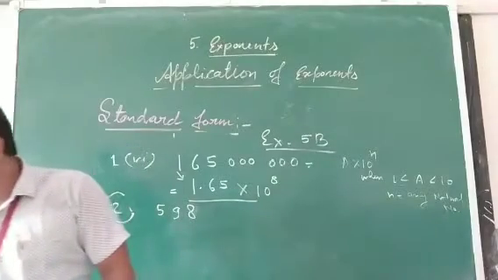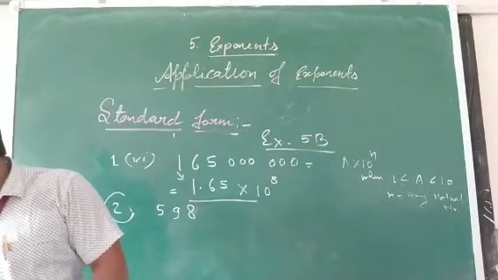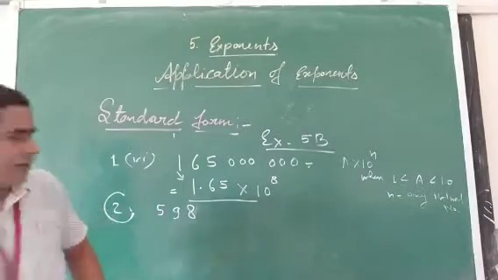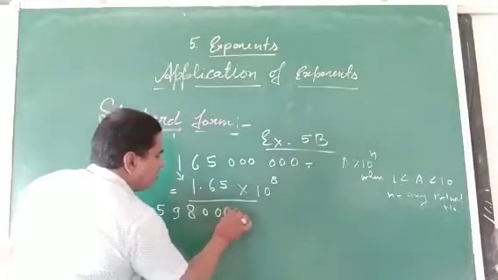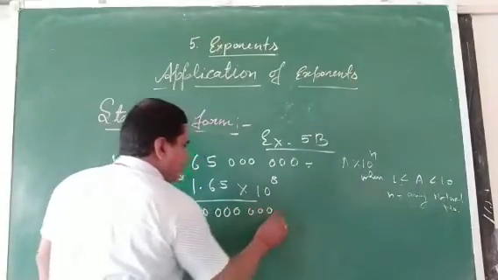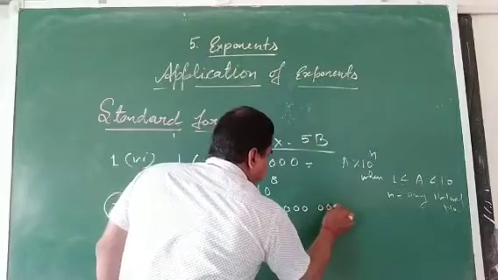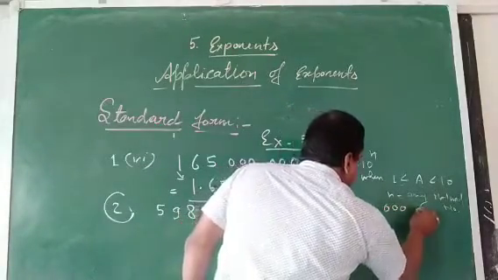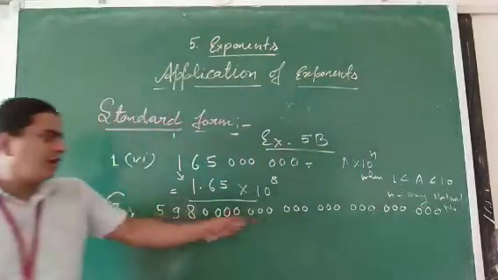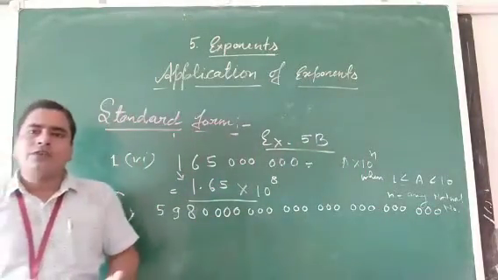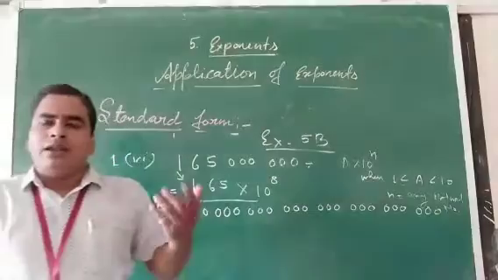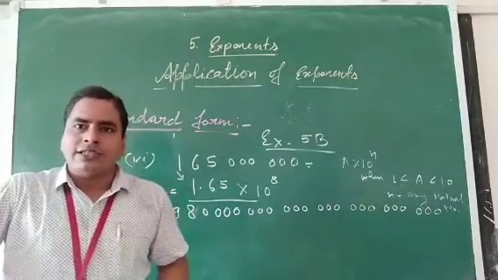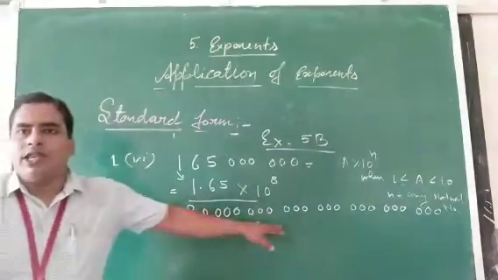Now how many zeros are given? 1, 2, 3, 4, 5, 6, 7. These are 21 and 22 zeros that are given. 22 zeros are given. You can't read it, because we don't have any number system rule, either the international number system or the Indian number system, that we can use to read this very large number.